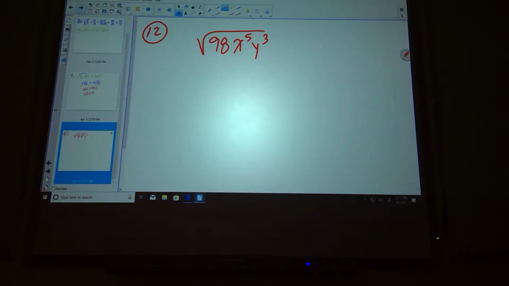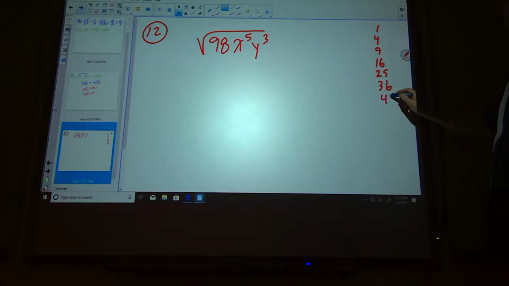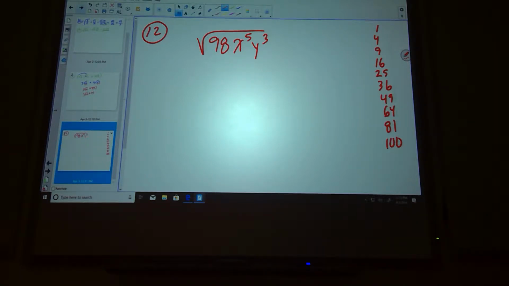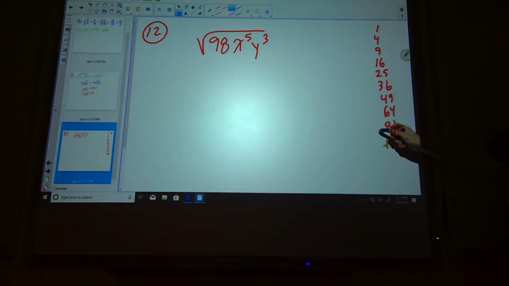Well, let's think about our perfect squares. What is the largest perfect square that goes into 98? Does 100 go into 98 evenly? When I say that, if you do it on your calculator, you go 98 divided by 100. 49? Yeah. So how I would start this is start from the bottom and start eliminating ones that you know